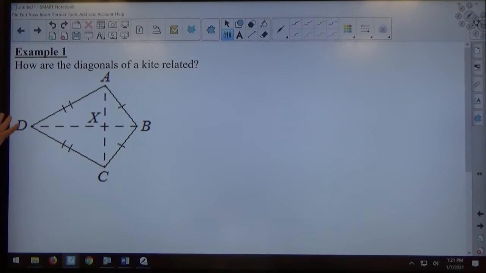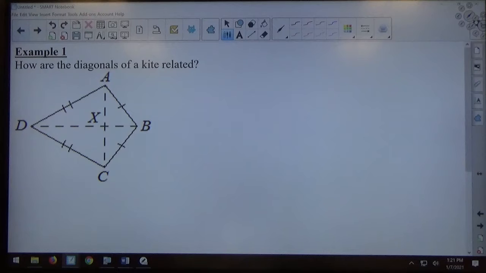In their estimation, if they use the word kite, they're describing a quadrilateral with consecutive sides congruent. So this side's the same as that, this side's the same as that. These are not necessarily the same as each other. All right, that's what a kite is. It's somewhat like a parallelogram, where opposite sides are parallel and congruent. So this is what a kite looks like,